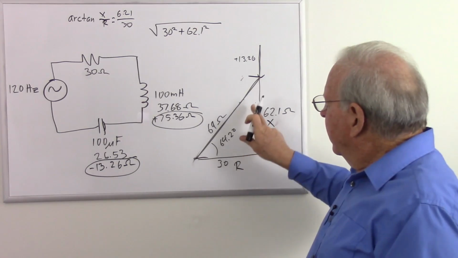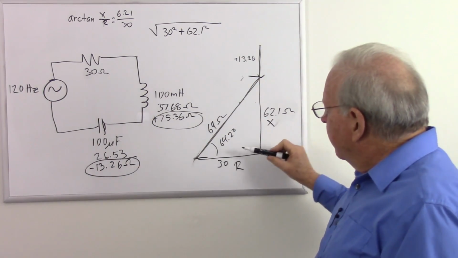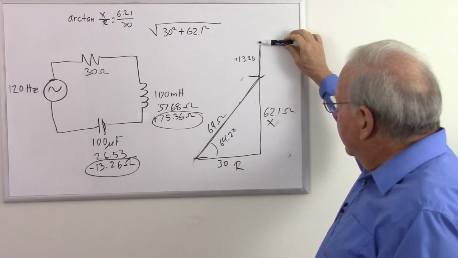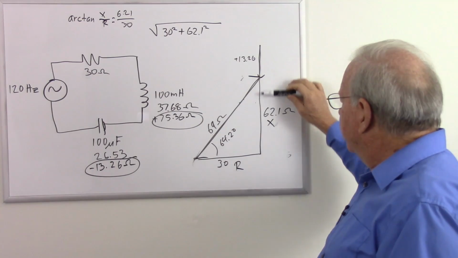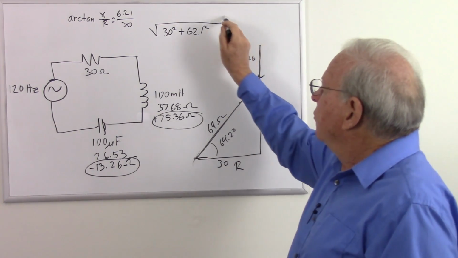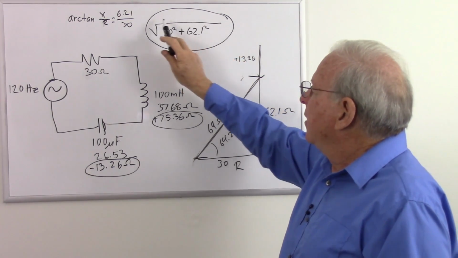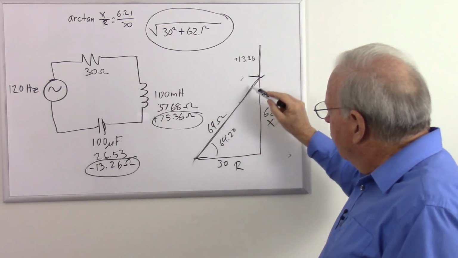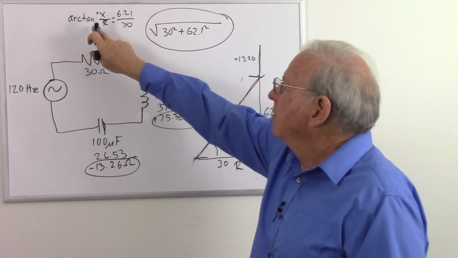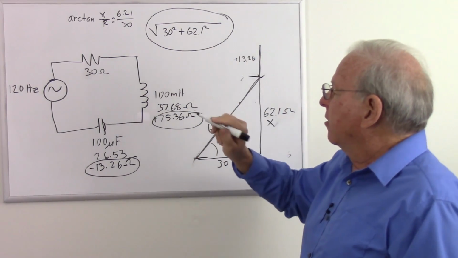So there is the same problem with doubling the frequency. So we ended up with 75.36 ohms of inductive reactance, subtracted 13.26 ohms to leave us with 62.1 ohms. Draw the hypotenuse of that triangle, use the Pythagorean theorem. 30 squared plus 62.1 squared, take the square root, gave us 69 ohms for the length of that. And then the angle was going to be x over r, arctangent of x over r. So 62.1 divided by 30, take the arctangent, gave us